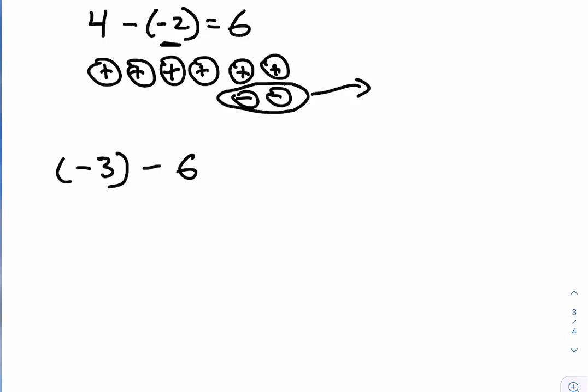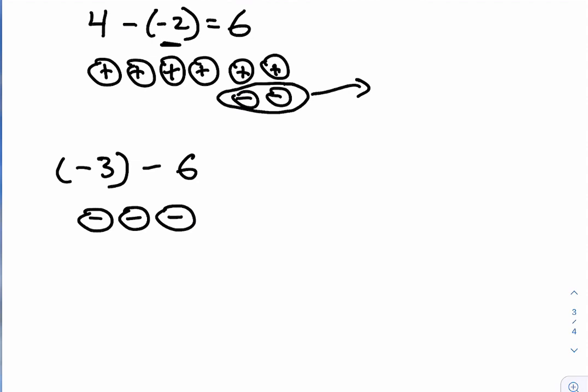-3 subtract 6. First step, draw my first integer, -3. Look at my second integer that I want to remove. Do I have chips available to remove? I need 6 positive chips to remove. Do I have 6 positive chips? I do not. So then my next step is to bring in enough 0 pairs until I have 6 positive